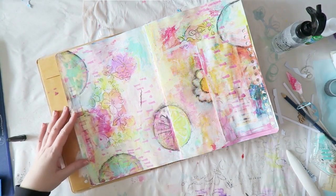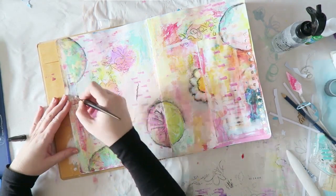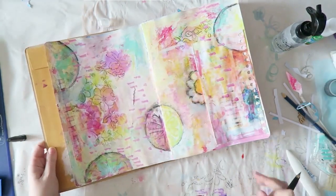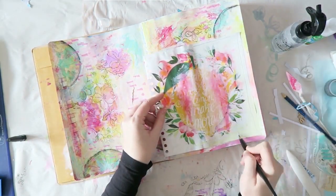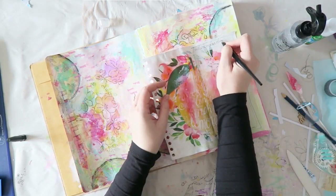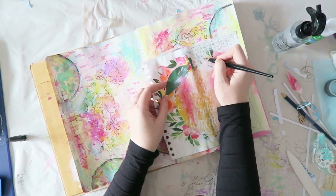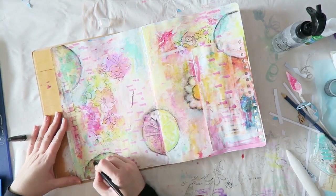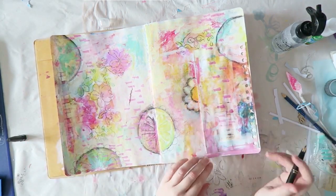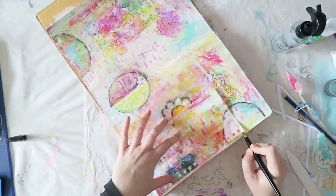And now I'm just adding some more details with this pen. I think it's called the Epic pen. I got it off Amazon. It's a fountain pen. The problem with it is that it has a very, very fine tip, and in some of the places on my layout where there are a lot of layers, it's a little bit challenging to write with it. So I have better luck with some of my thicker pens when it comes to art journaling on these very layered